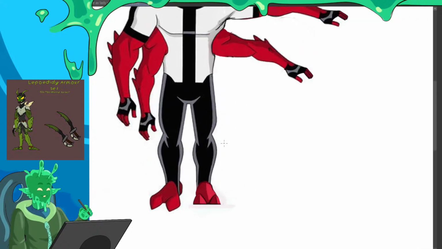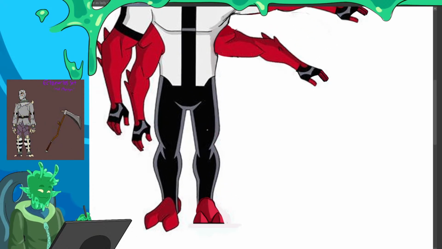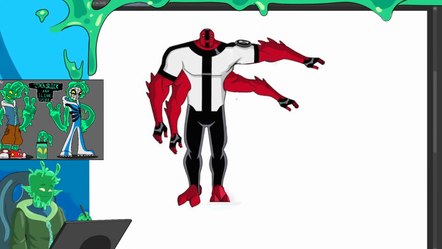So now he's standing flat on the floor, perfectly facing us. There are some other little issues I can fix, like the angle of the knee, but that's not the most important.